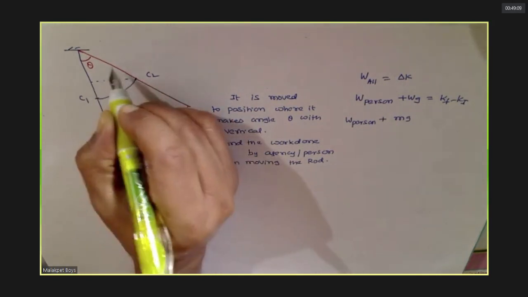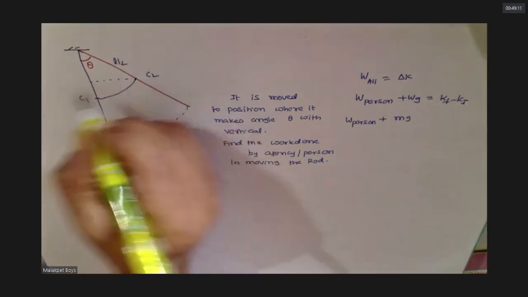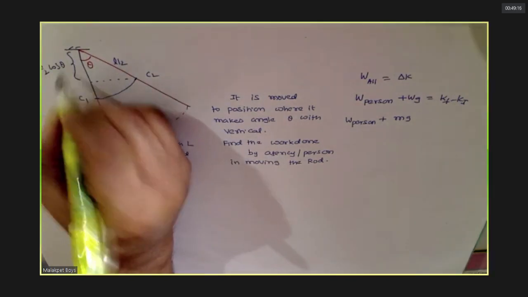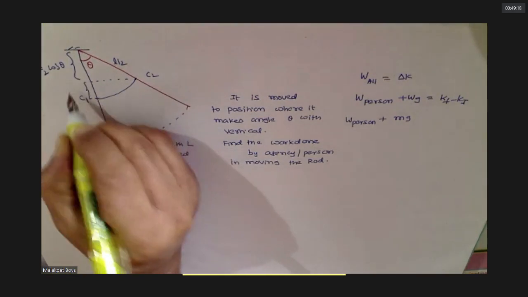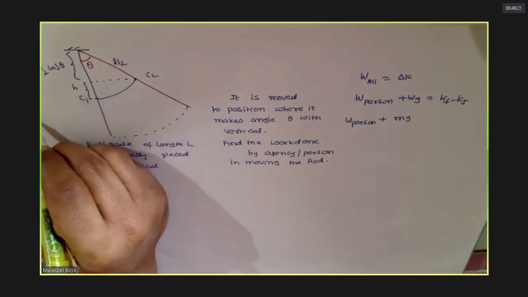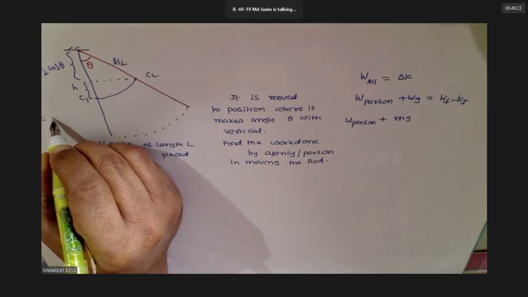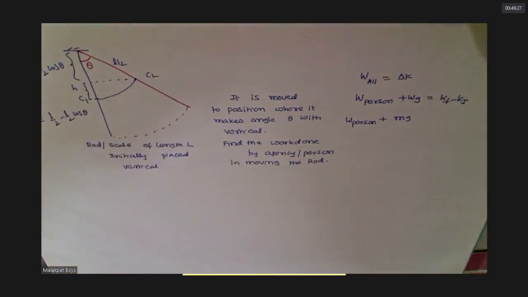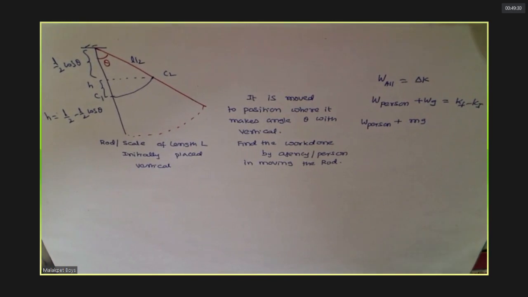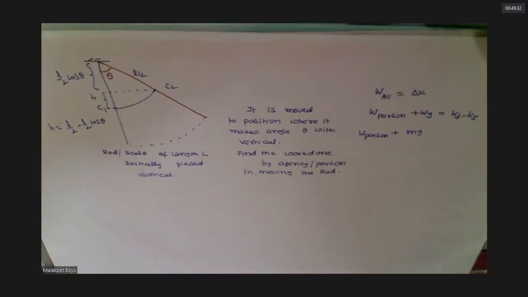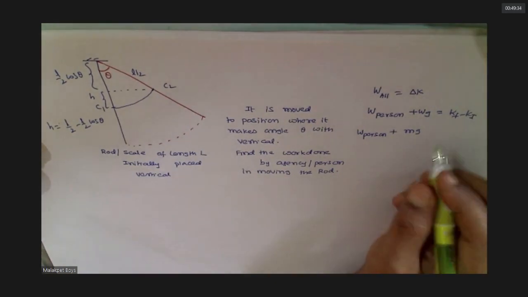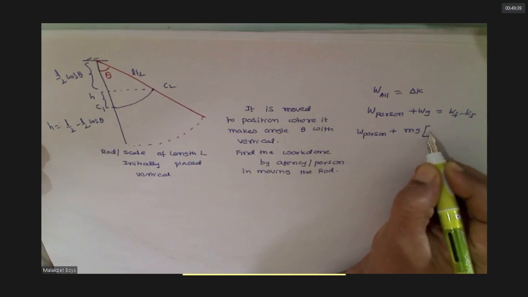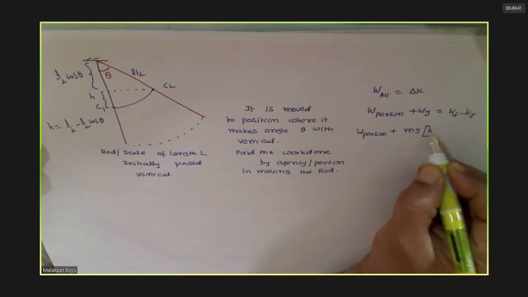Followed? Now this is L by 2, no? So what is this distance? Can you tell? L by 2 cos theta, no? That means this is the height. What is the height actually? L minus L by 2 cos theta, which is L by 2 minus L by 2 cos theta. Do you agree till here? Agree, sir. Understood this? Understood, sir. The height is upward, so positive only.